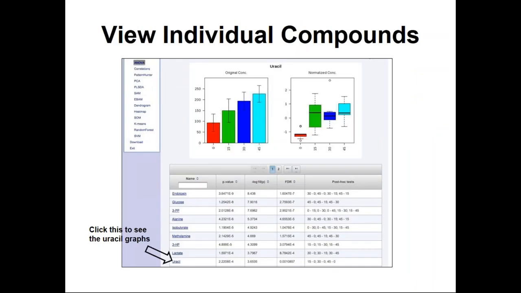You can, with Metabolomics, browse. You can sort by P, log P. You can look for the Q value, and then you can click on different things. In this case, we're looking at uracil. We could have looked at LPS or endotoxin. We could have looked at 3-phenylpropionic acid or alanine. Those are all clickable, and you can see the trends over time. In this case, uracil is climbing over time, and that's a clear trend. And then you can see the standard deviations over these different cows.